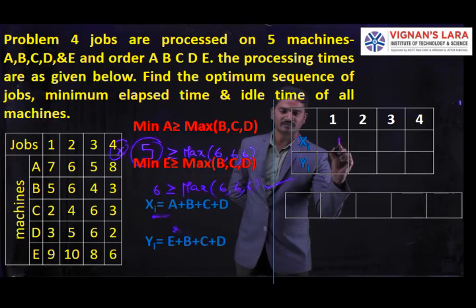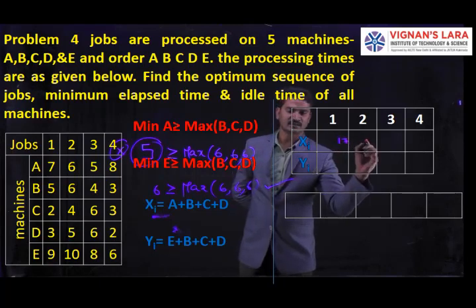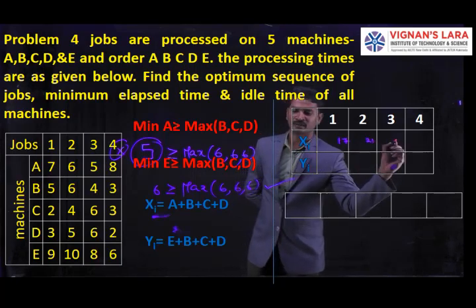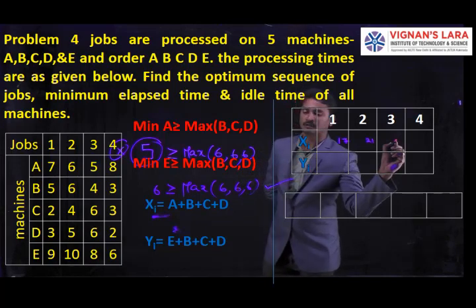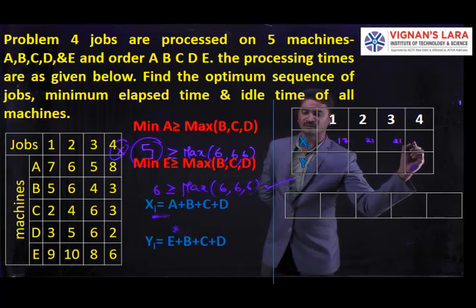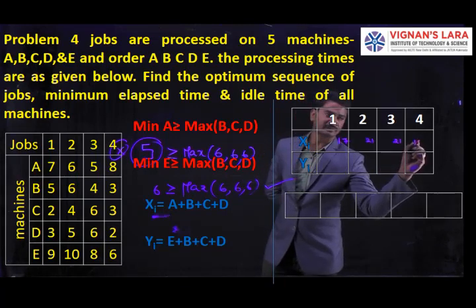So the total is 17. Next, coming to the second one: 6, 6, 4, 5, 10, 16, 5, 10, 16, 5, 21 is there. Next, coming to the next one, here 5, 4, 9, 15, 15, 21, here also 21 we have. Next, coming to the fourth one, here we have 10, 16.